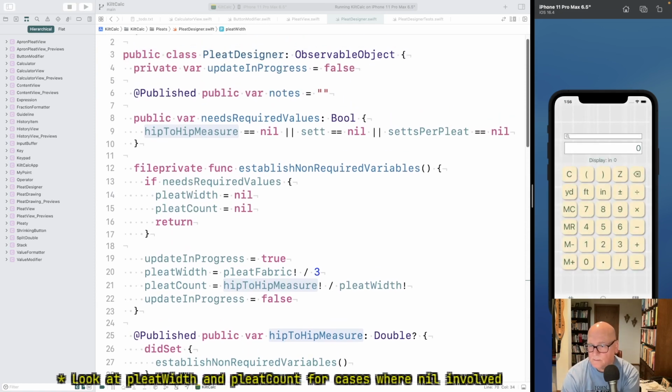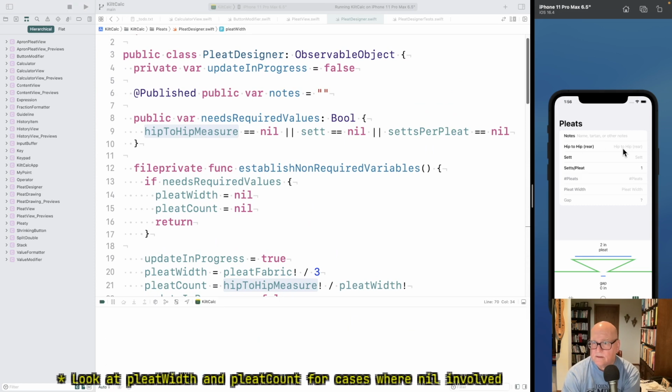Okay, let's get to pleats. All right, let's say 24, nice divisible number. Set is 6. If you do a 24-inch, if you set the set to 6 with 1 set per pleat, it needs 12 pleats of 2 inches each. So 1/3 of the product of these two is 2, no gap. I think you're right, that derived gap